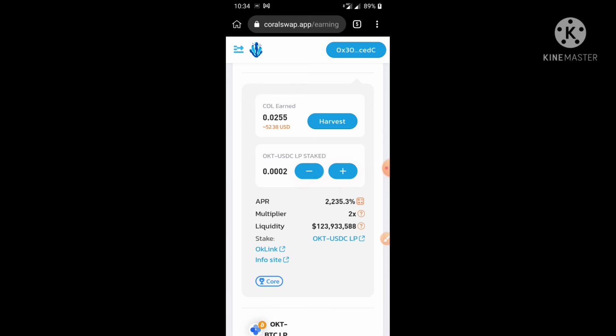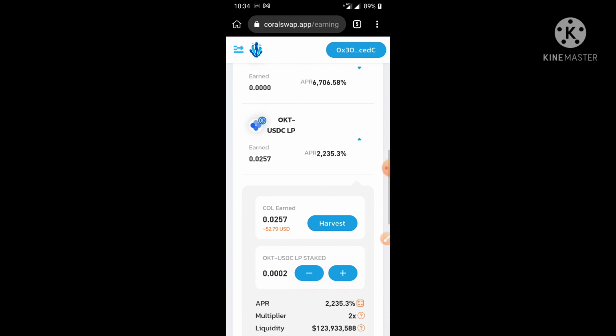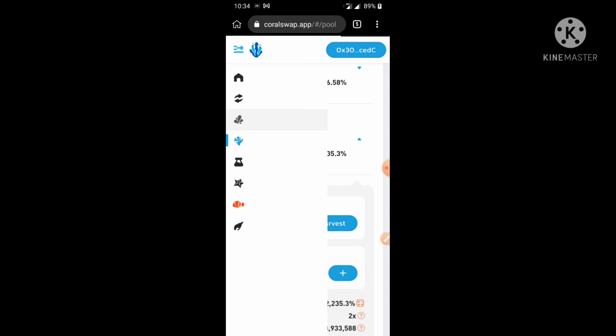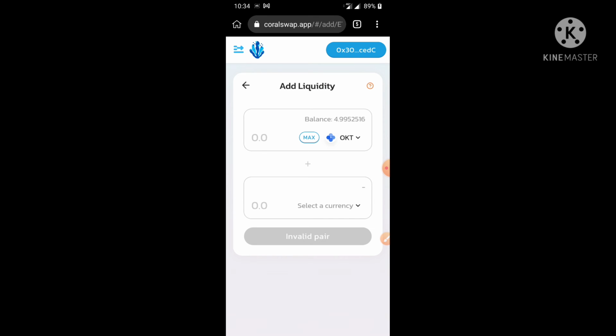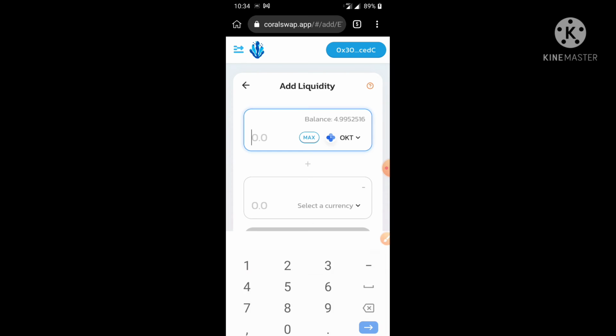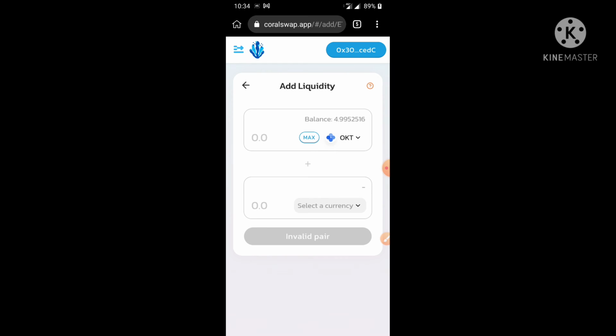Now this is the last part that you have to do, but you have to wait 5-6 minutes before doing it. If it doesn't come out after 5-6 minutes, then again go to the liquidity, add liquidity, again put one OKT only, same for USDC, then again pair it. It will redirect you to MetaMask. Then once it is done, go back to